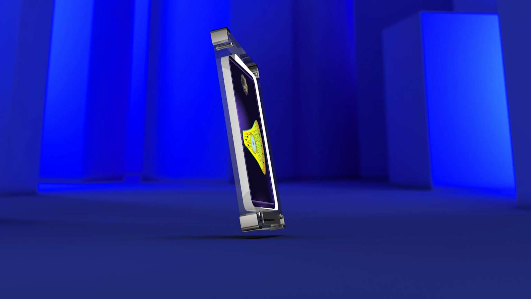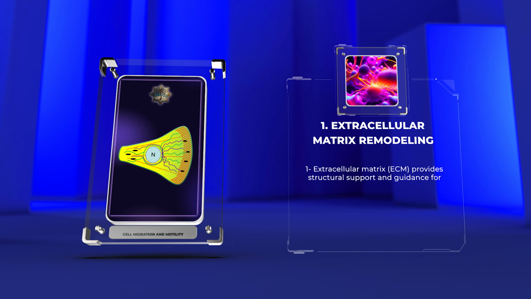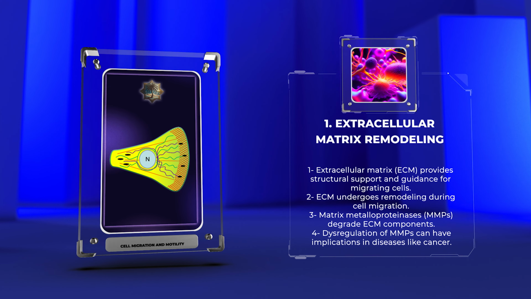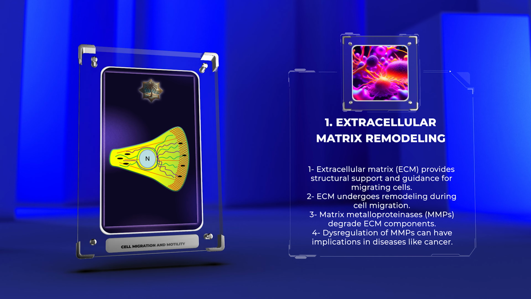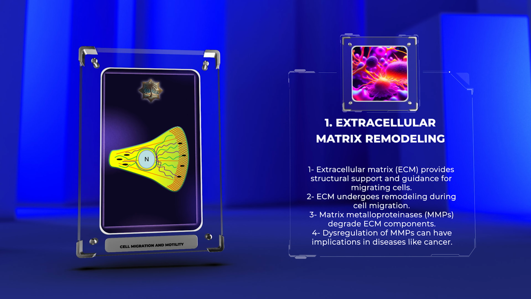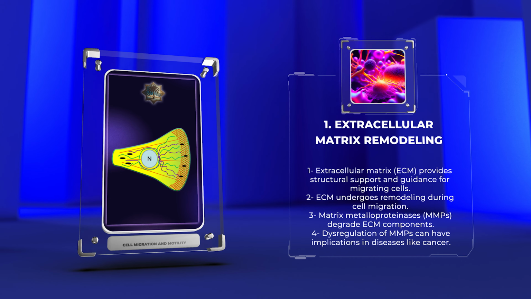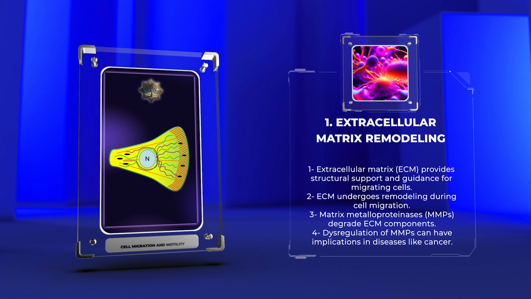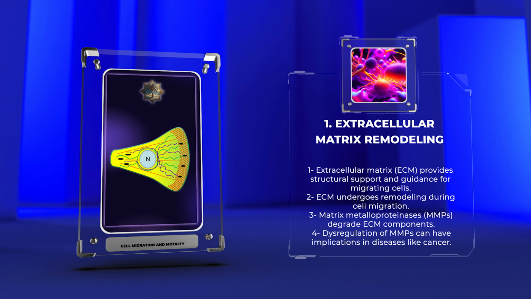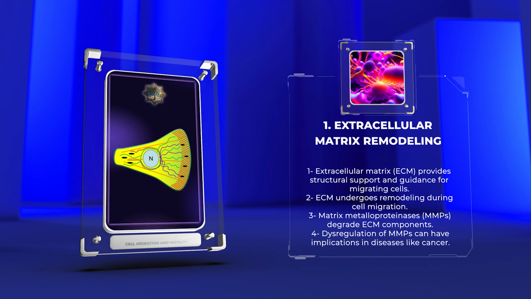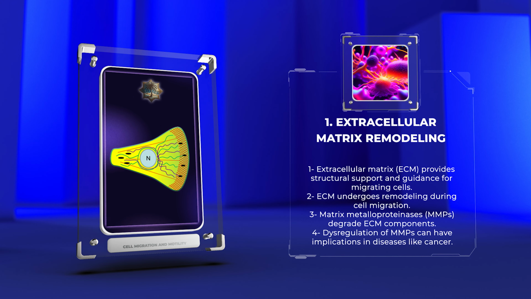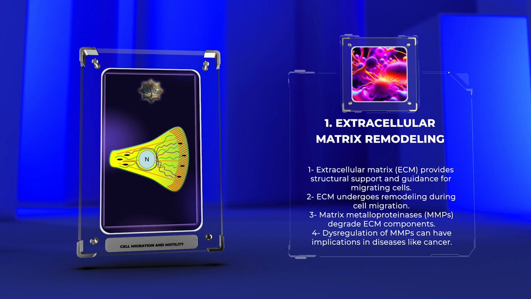The extracellular matrix, ECM, is a complex network of proteins and carbohydrates that provide structural support and guidance for migrating cells. During cell migration, the ECM undergoes extensive remodeling, allowing cells to navigate through tissues and access different compartments. One crucial player in ECM remodeling is matrix metalloproteinases, MMPs, a family of enzymes that degrade ECM components. MMPs are tightly regulated and their dysregulation can have profound implications in diseases such as cancer. Additionally, cell extracellular matrix interactions mediated by integrins play a crucial role in modulating cell migration by transmitting mechanical forces